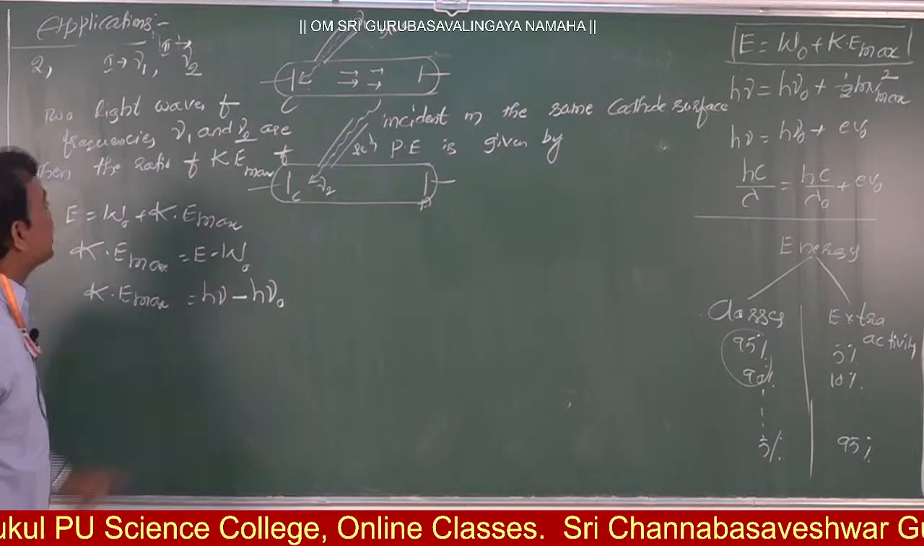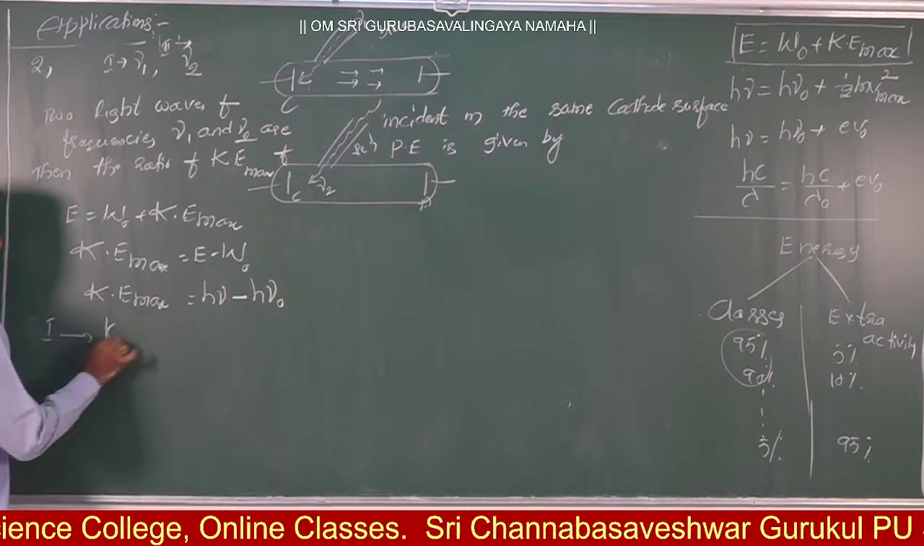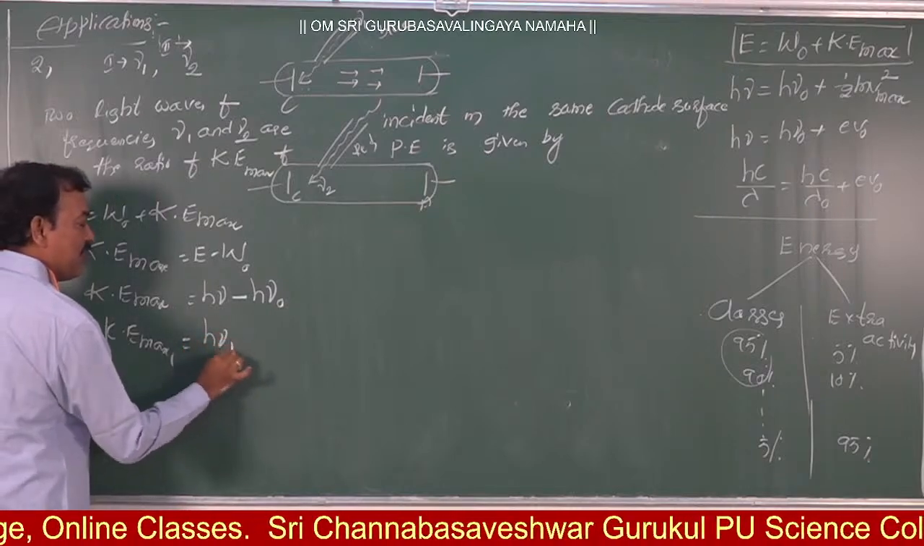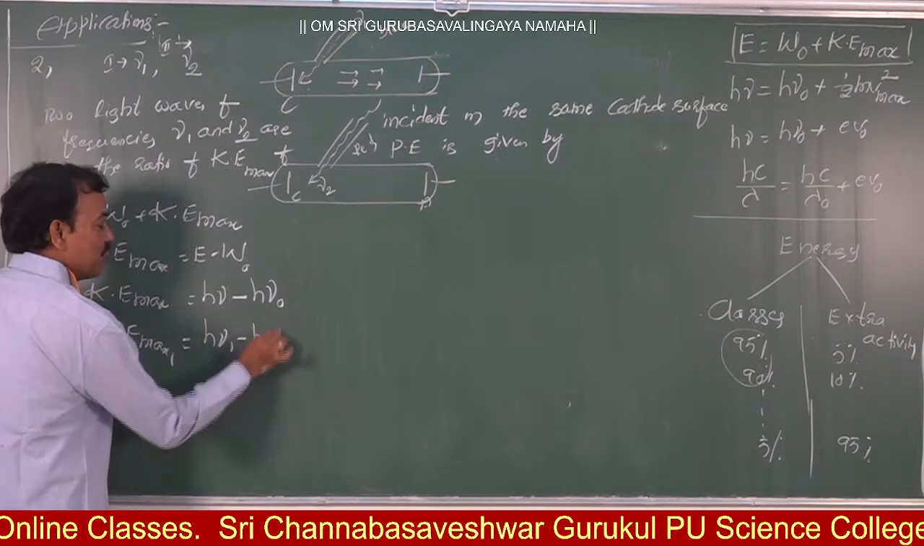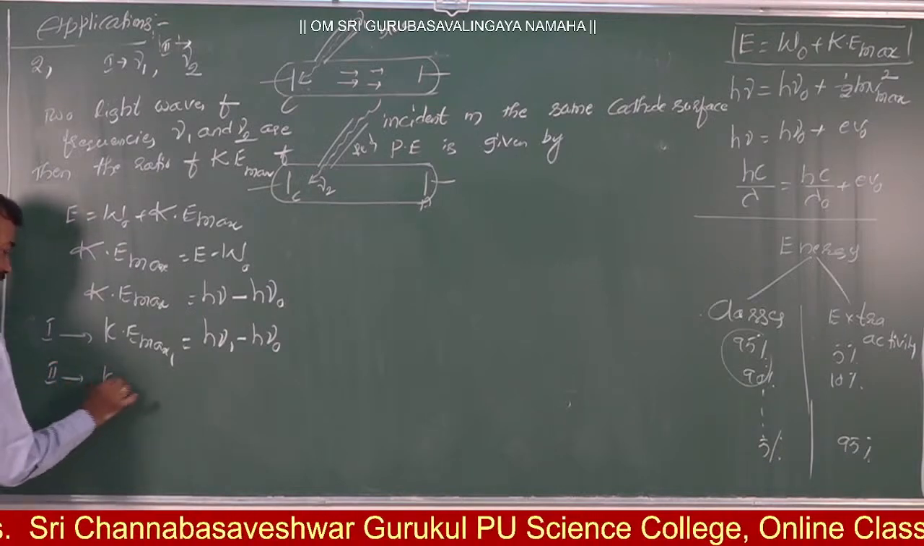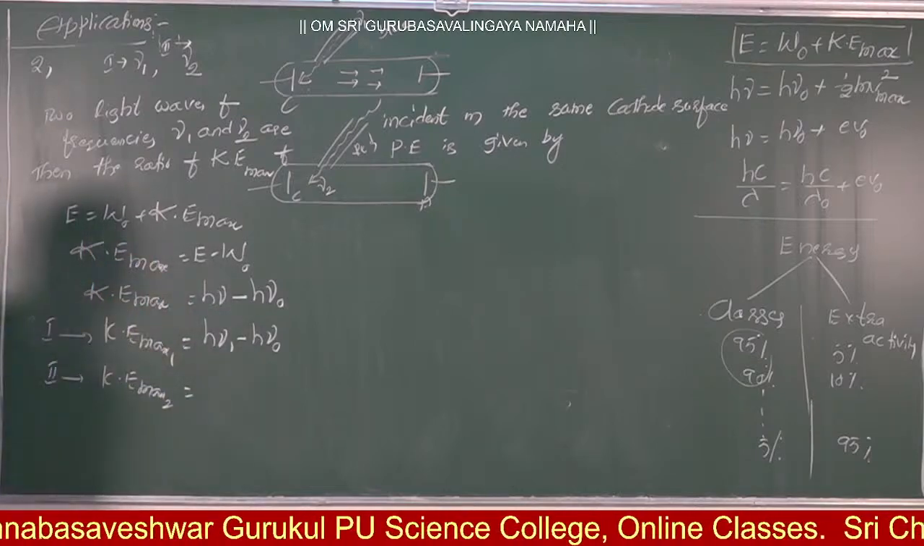Suppose in case of the first light, what is the equation? Kmax 1 is equal to h times (nu1 minus nu naught). In case of the second light, Kmax 2 is equal to